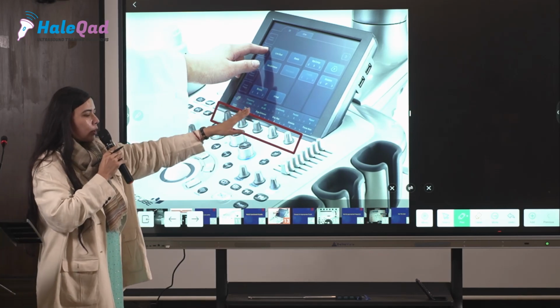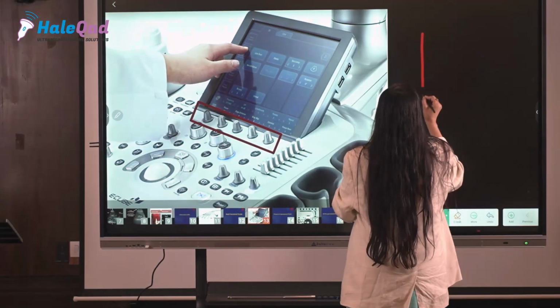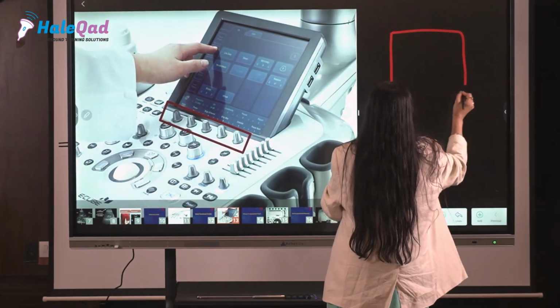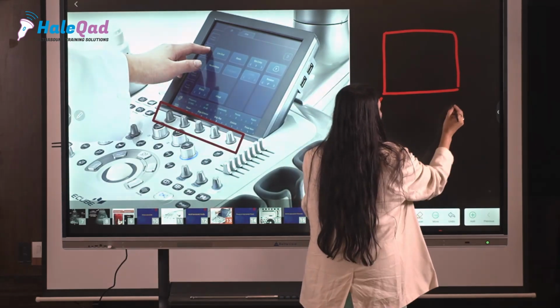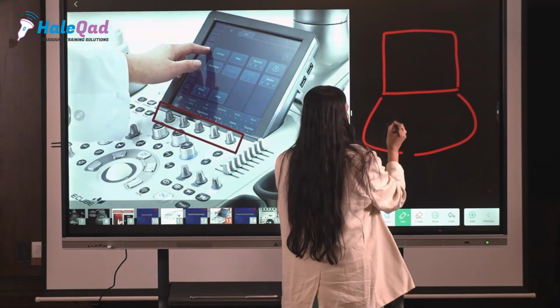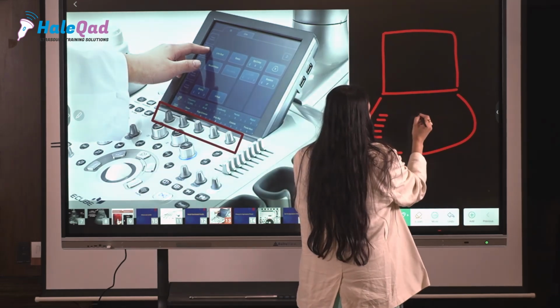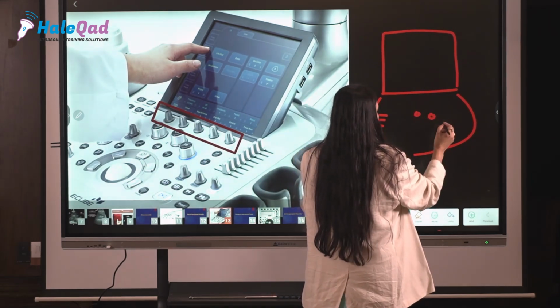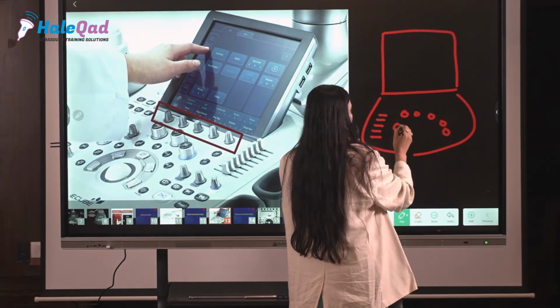If I am doing a 2D scan, I have switched on my 2D scan. This is my monitor, and this is my keyboard. I have TGC knobs here. I have depth, gain, 2D, 3D, color Doppler, power Doppler.